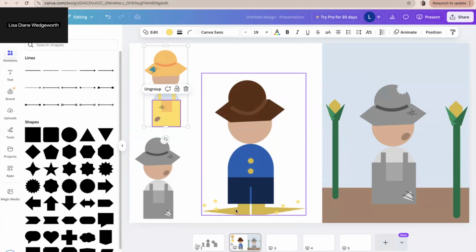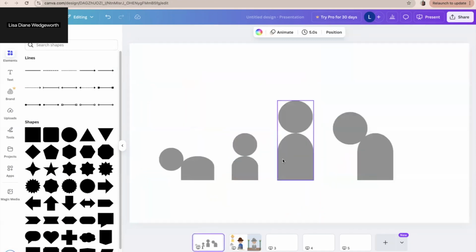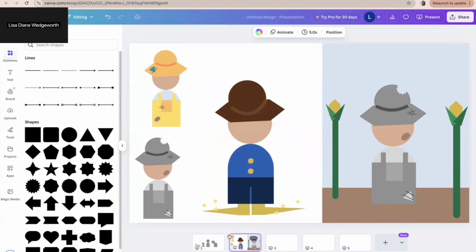Maybe I put some texture here. Maybe these are gold snake boots. I don't know, snakeskin boots. And push this a little further. But we can see how we've moved from this character in the middle to creating a farmer who's wearing clothing,